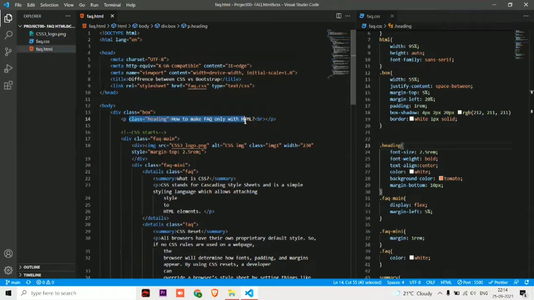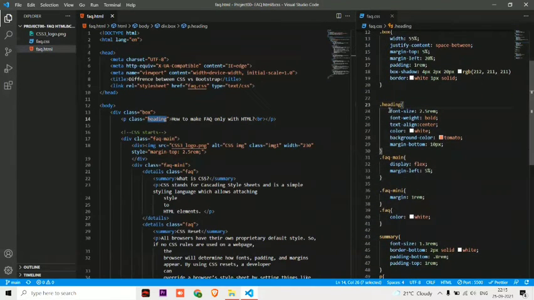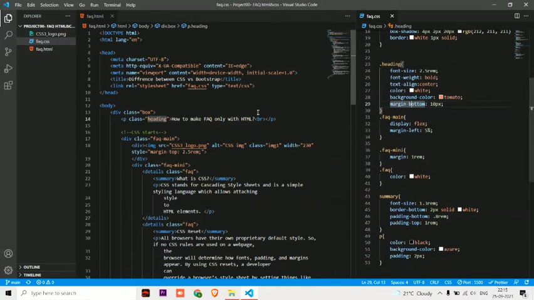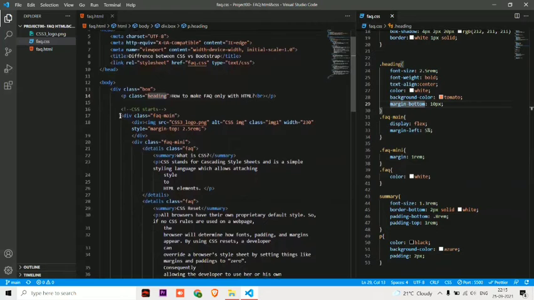For heading, if you like, you can take h1 tag, and if you don't want to take h1 tag because the size is not as you want, so you can take p tag and you can customize that. So here I have given class for heading, and here I have given font size, font weight, then I have aligned the text, then color, background. I don't need to tell you this thing, right? Okay.